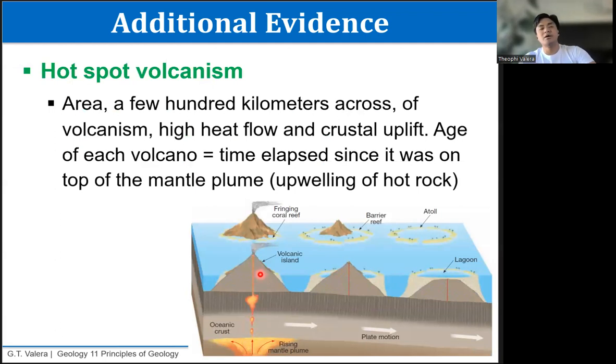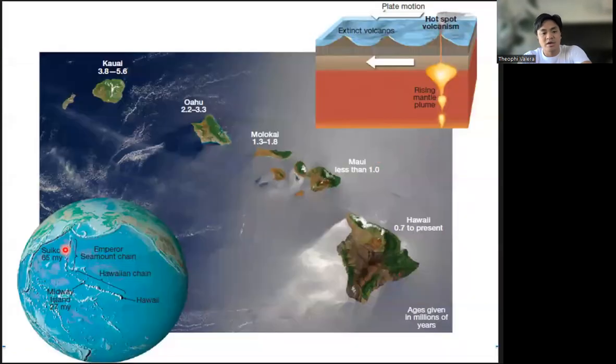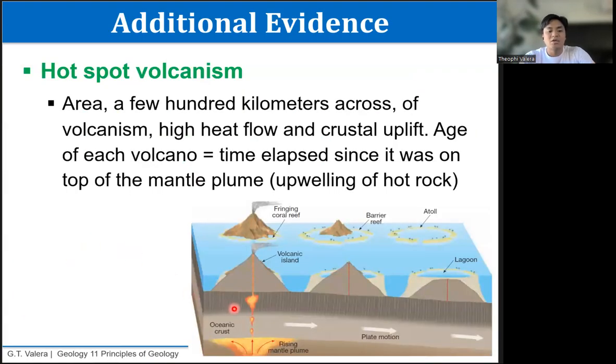So let's look at, for example, the Hawaiian Seamount chain. Here we have the Hawaiian Seamount chain and the Emperor Seamount chain. So what happens there is that you have this oceanic lithosphere on top of this relatively immobile mantle plume. So when you have this plume and this plate moving on top of it, every now and then different locations of the lithosphere are on top of the hotspot, and therefore the volcano that has activity also changes through time.